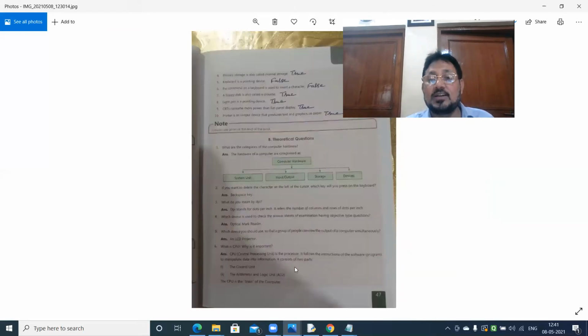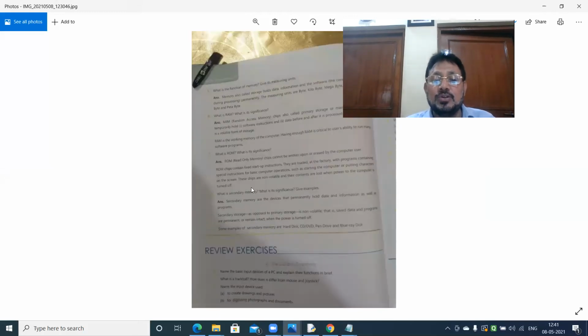Once all these things are completed in the book, then you go to the B part, that is theoretical questions. And these theoretical questions are with answers. Even this you need not write in the copy. Next class I will explain to you about these theoretical questions. But these questions which are already given there with answers, no need to write in the copy. Understood? I will teach you this much only today. In the next class tomorrow, I will teach you again and solve the remaining questions. And if I get time, I will start the next chapter also.